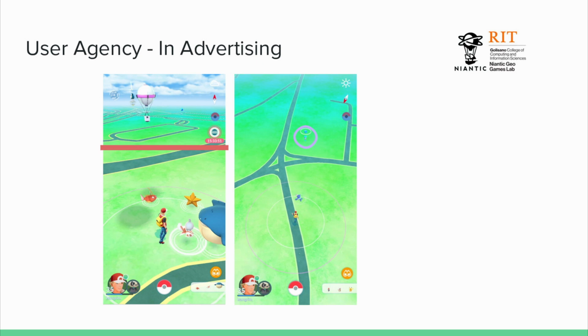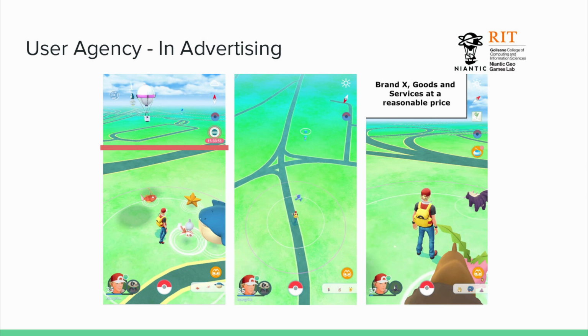Now, pop-ups, however, and banner advertisements, such as this mock-up, are just pure affronts to agency, right? The user has no choice in consuming this content. It's just there, right? And they have no obvious means for dispelling it, right? It directly harms the user's ability to interact with the game, and it may even result in discontinuation of play because, oh, now there's like a quarter of my screen taken up by something I don't care about.